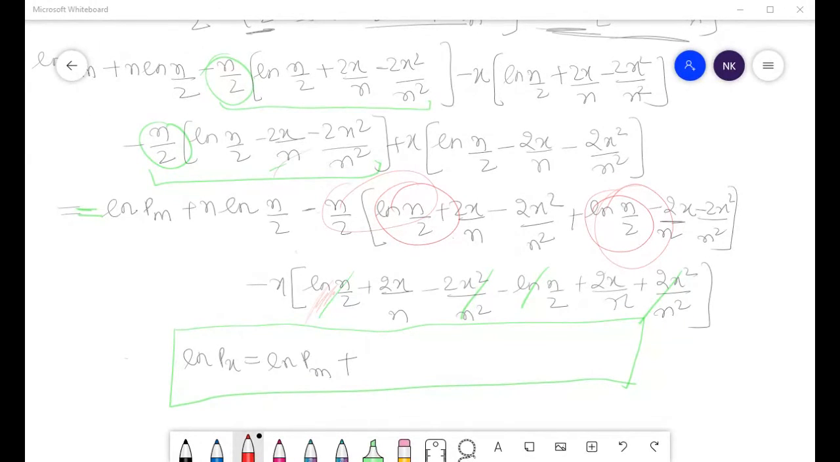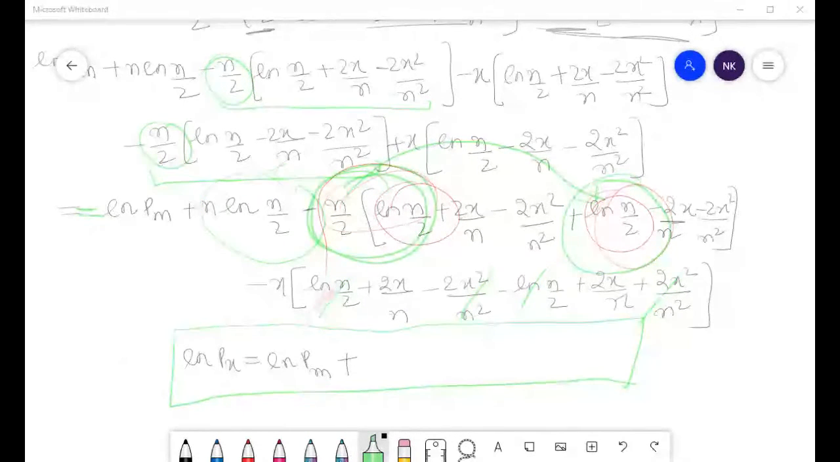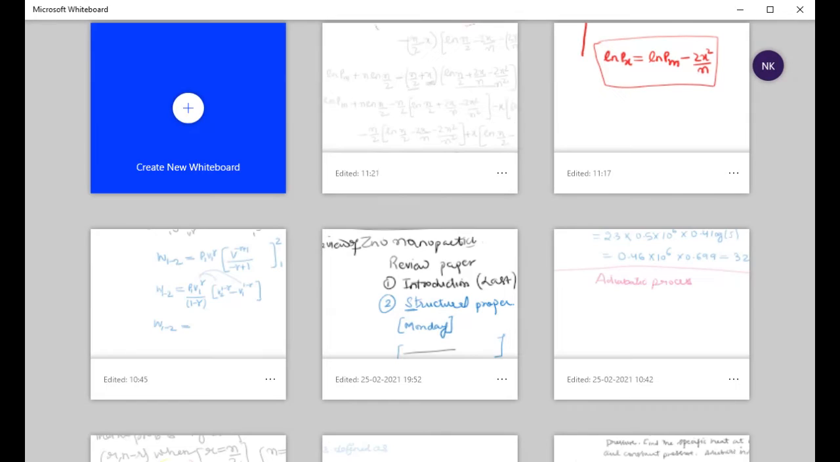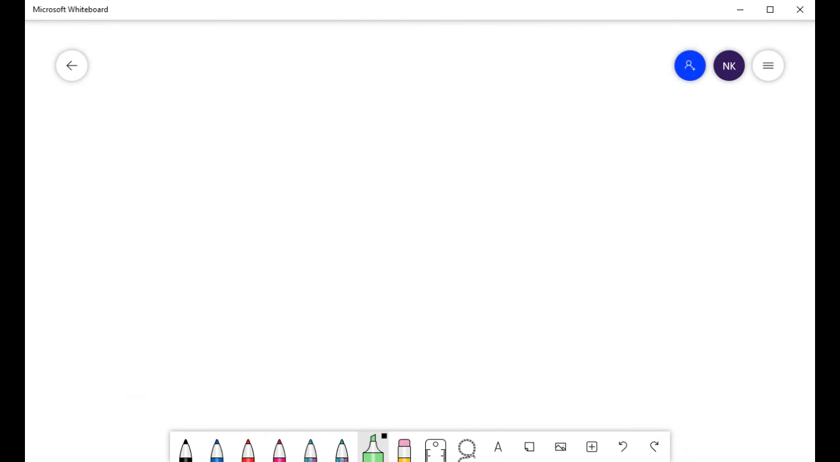Yes ma'am. This is here, no? n/2, this particular term. Then if you multiply n by 2 with this particular term, you will be left with n log n by 2 minus n log n by 2. Okay. Clear? So what you are left with is